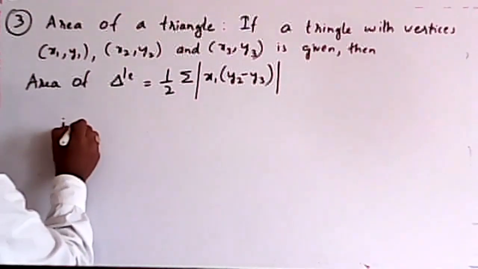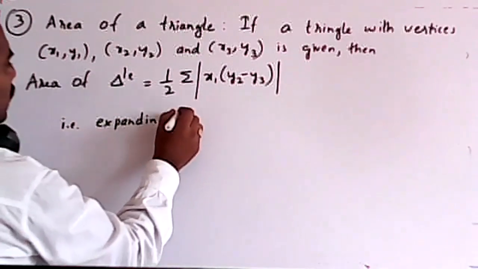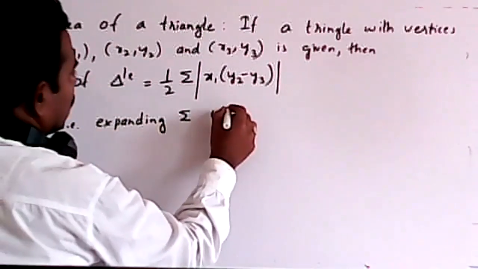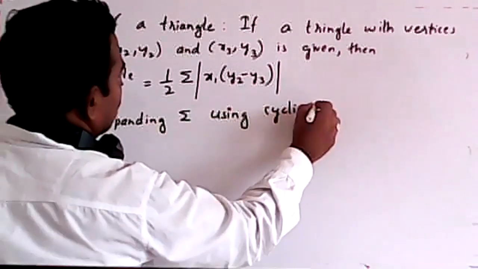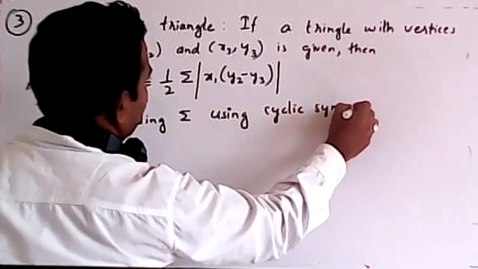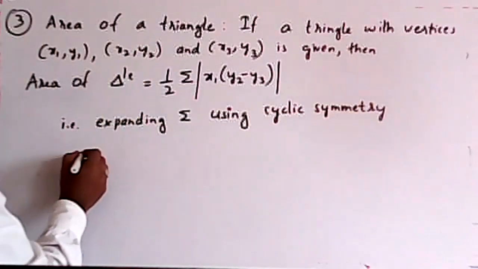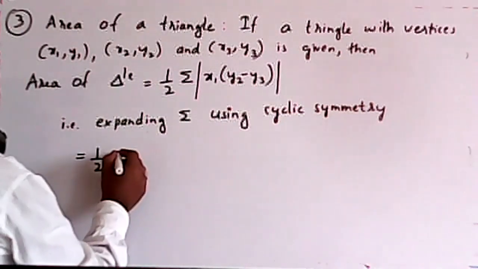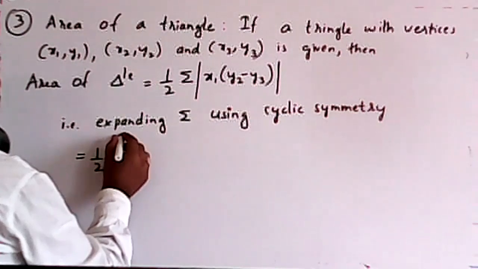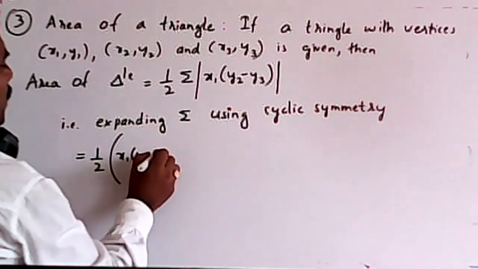That is, expanding summation using cyclic symmetry is equal to half into bracket x1 into bracket y2 minus y3